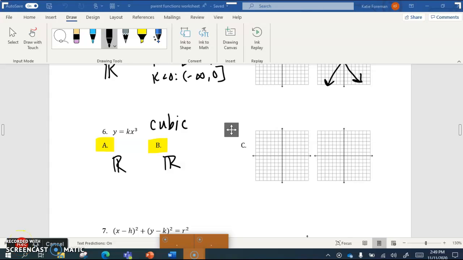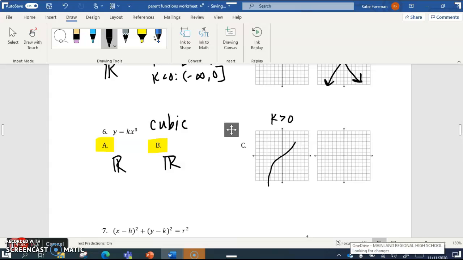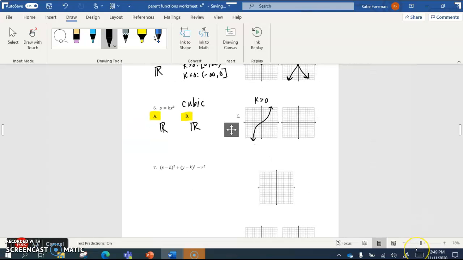Okay, so before we were so rudely cut off, a cubic function: domain and range are all real numbers, never changes. When my lead coefficient is positive, my end behavior is down, up. Now, this is a much different representation of cubic functions than we studied. Like I was saying, we studied bounce points and cross points, and this one,